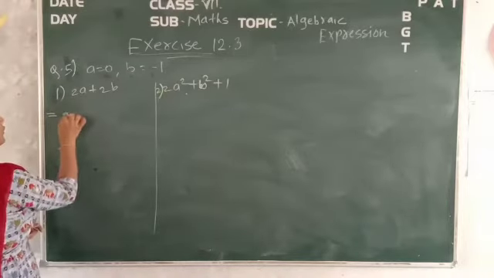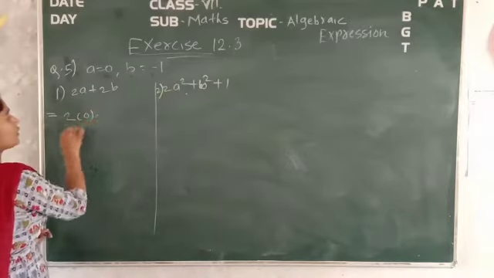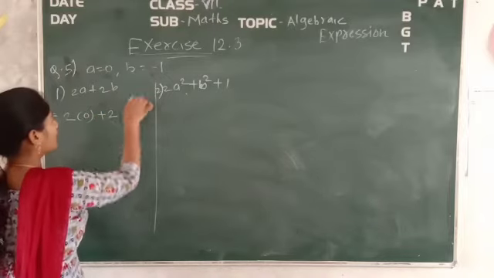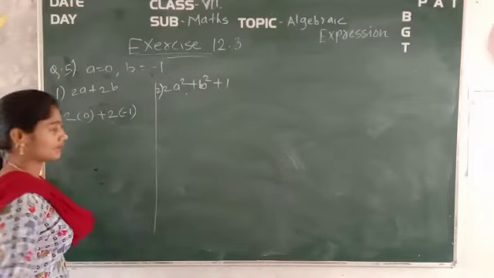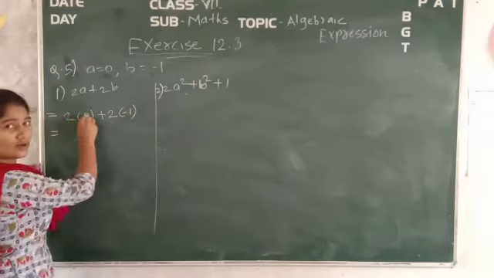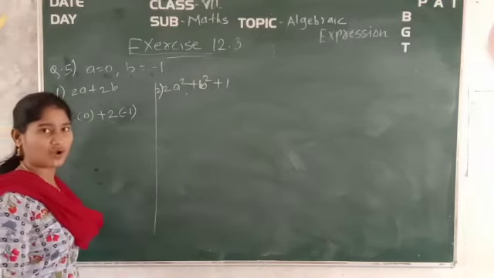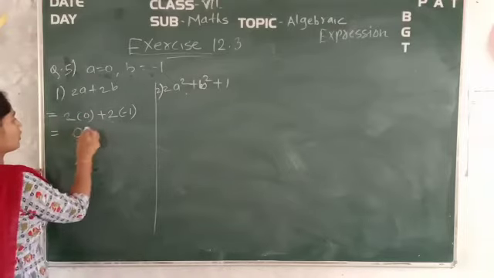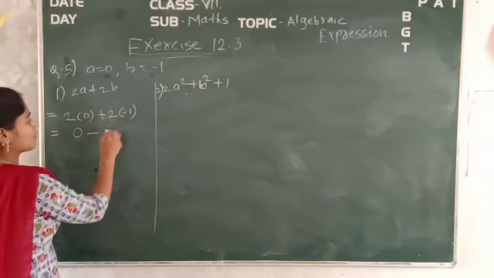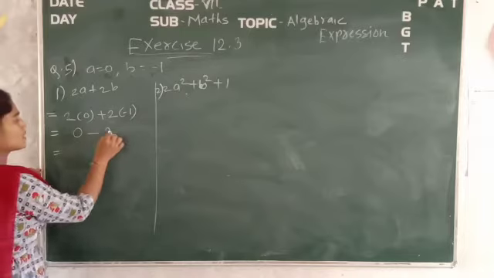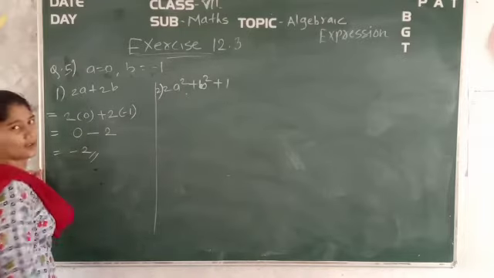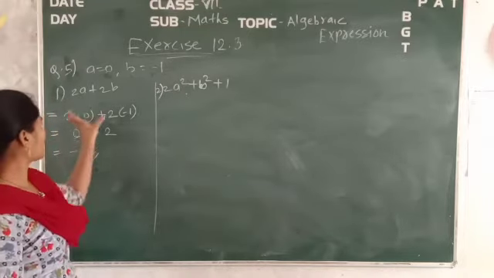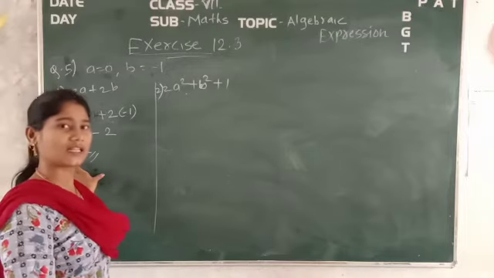Now which is equal to 2 into what is the value of a? It is 0 only, plus 2 into what is the value of b? It is minus 1. Okay. Which is equal to 2 into 0. Any number multiplied with 0, the answer is 0. Okay. So 2 into 0, 0. Plus into minus, minus. 2 ones are 2. So 0 minus 2, minus 2 only. Right? So in that way we have found the value of the first expression. It is nothing but minus 2.